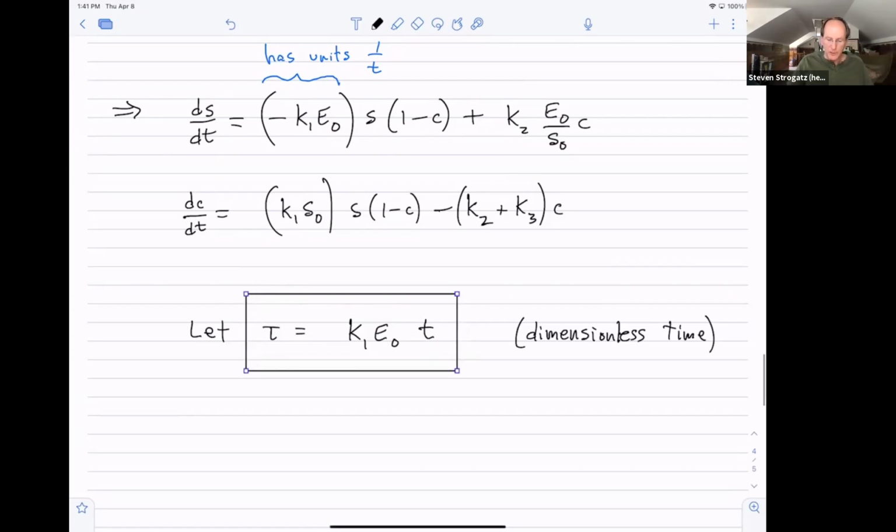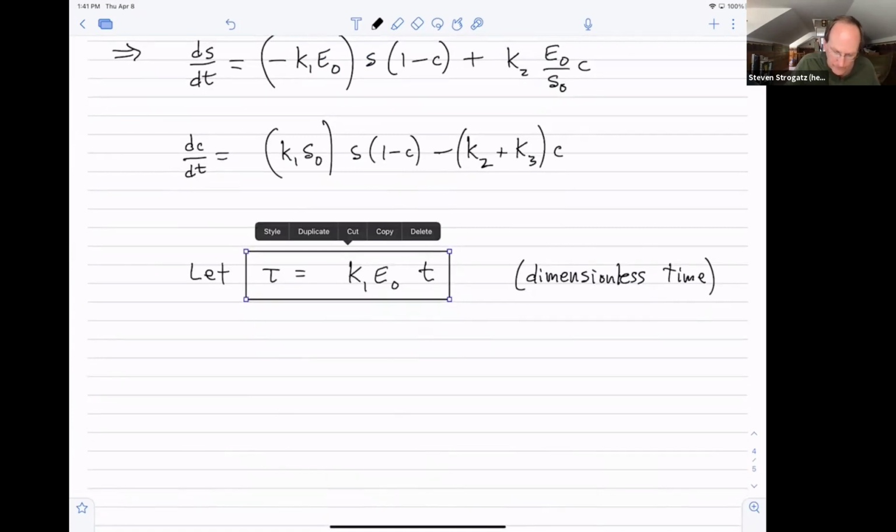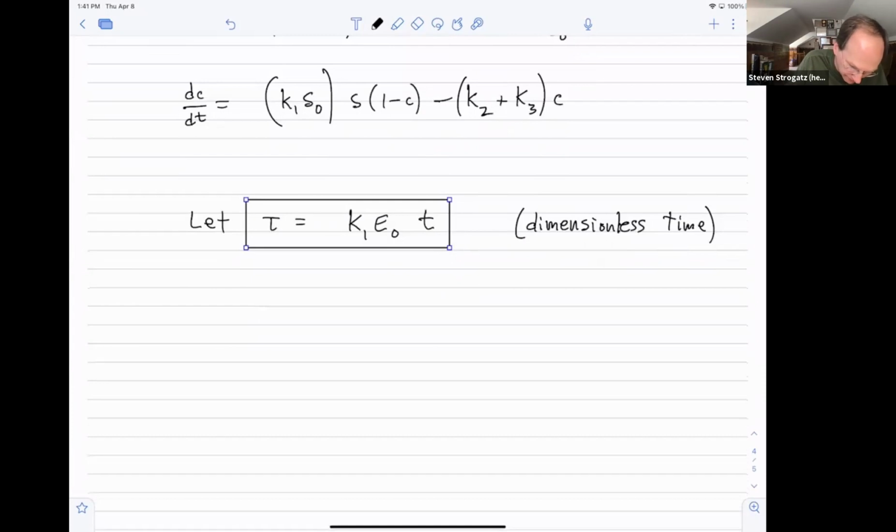All right, so there's my dimensionless time. Now we're going to rewrite the differential equations in terms of that. The easiest way to think about it is just think of the differential d tau as being k1 E0 dt. And every place you see a dt, just replace it by the corresponding expression with a d tau. So if you do that, you'll get